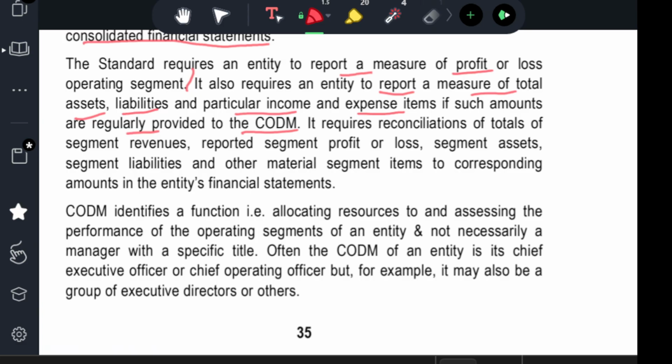It's totally books of account should be there with the chief officer. It requires a reconciliation of total segment-wise revenue and reported segment profit and loss account, and segment-wise assets, segment-wise liabilities, and other material segment items to the corresponding amounts in the entity's financial statements. So the entity's financial statement, what they're saying, is mostly in the parent company, what they show. So we have the total assets of 20 crores. But this